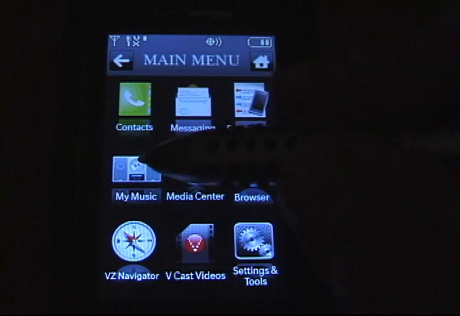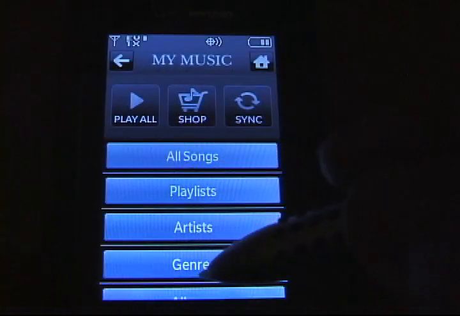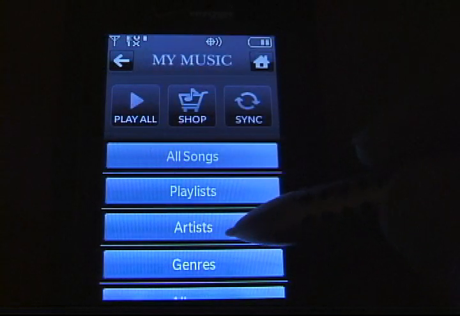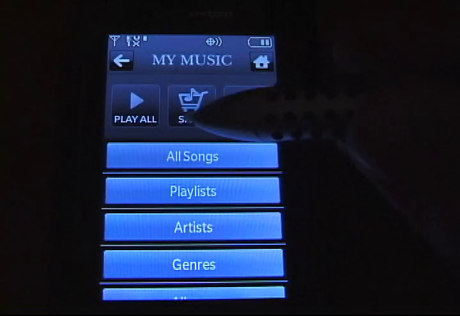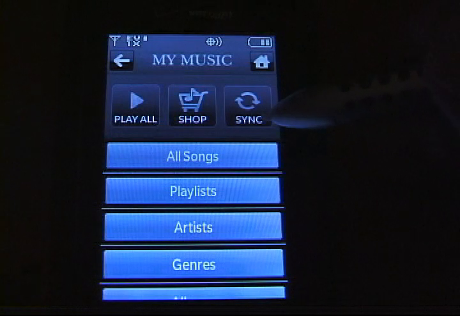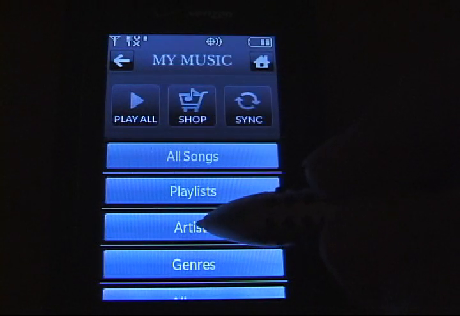Another option that is very nice is this My Music. In essence, this My Music allows the phone to turn into a player, and you can scroll the choices up here, so you can either shop for songs online or sync them, or you can play music. So for example, if you want to sort by artist,